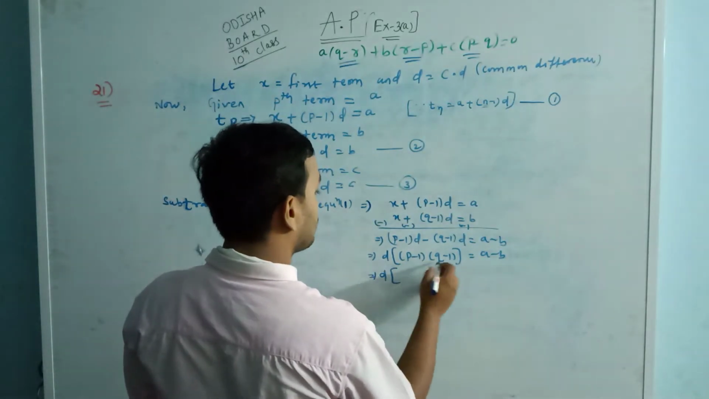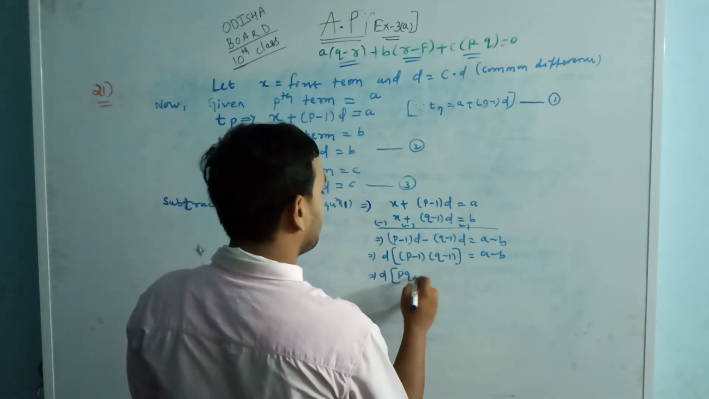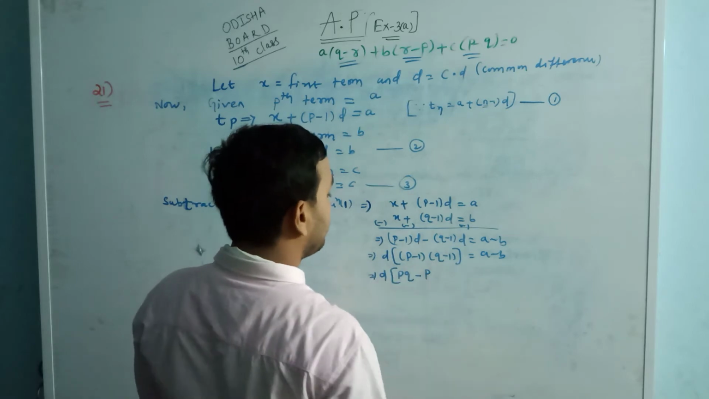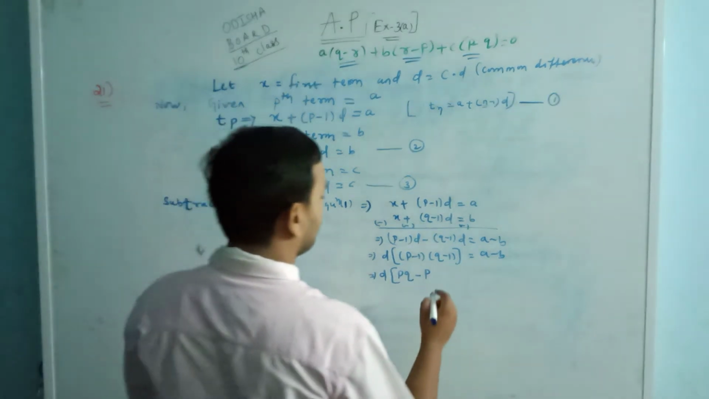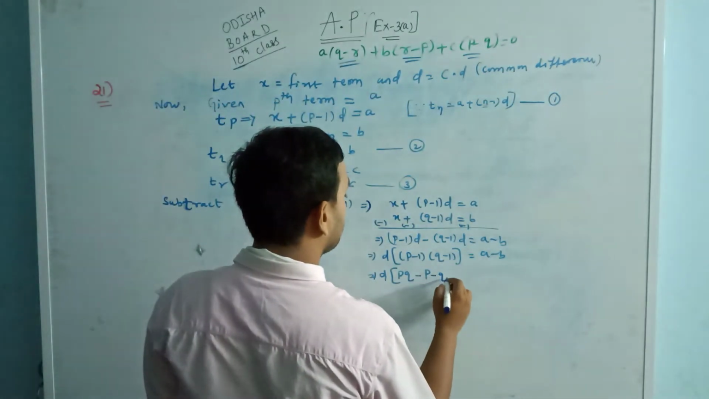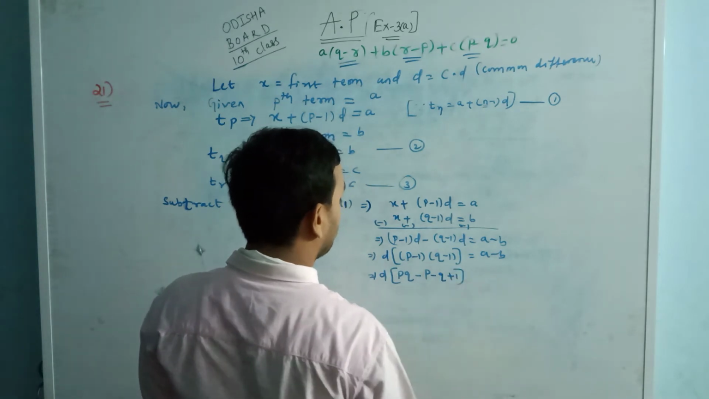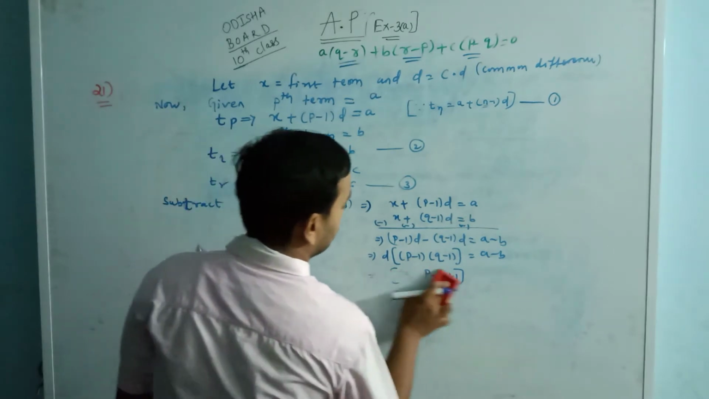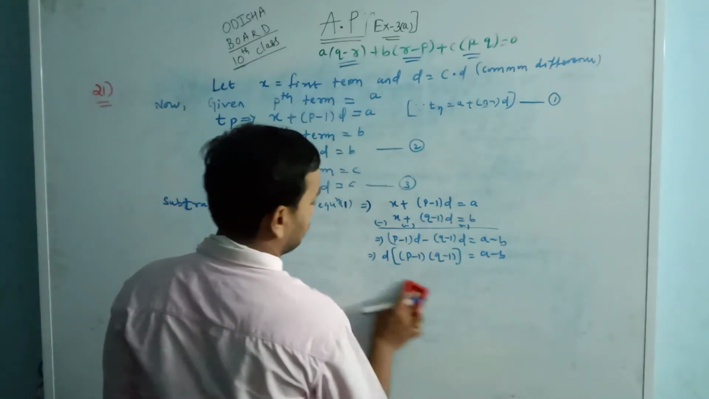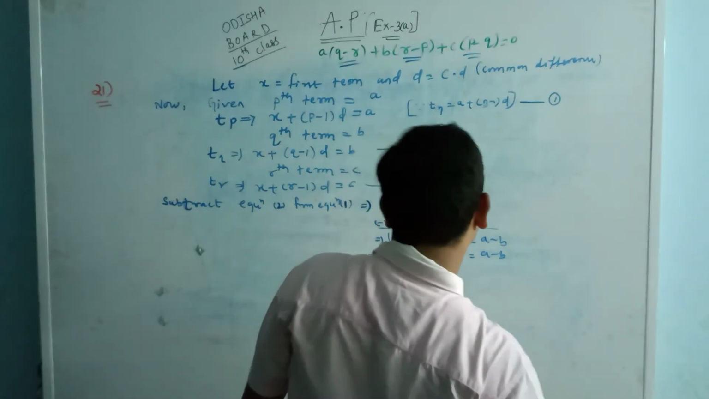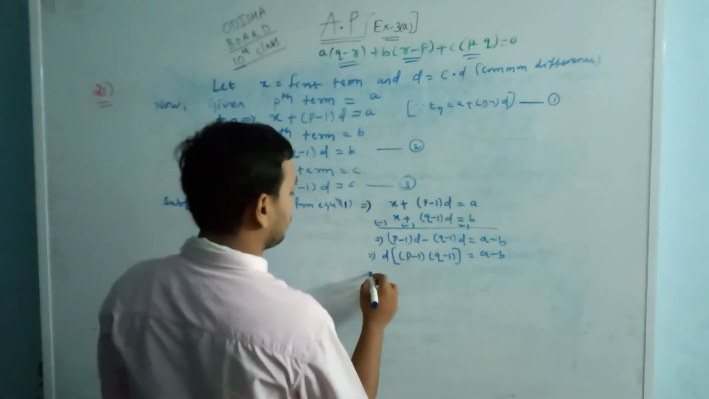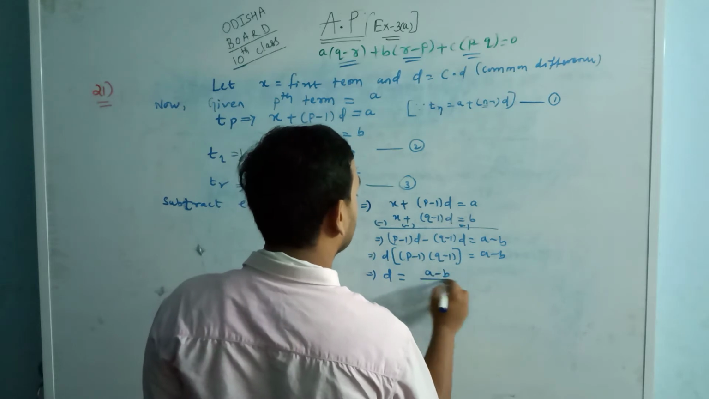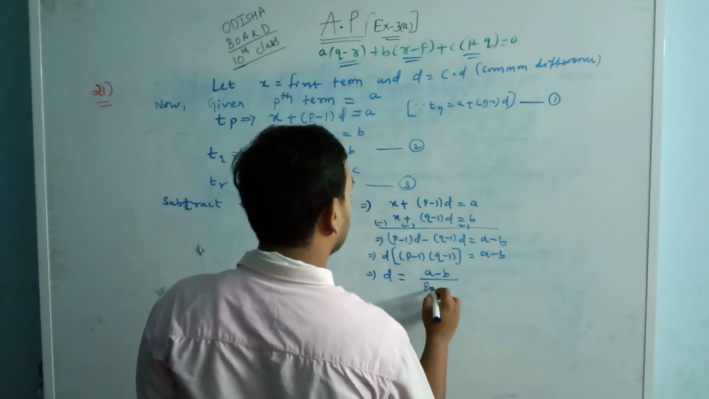D common. Now solve this. PQ, p into q, PQ minus what? P minus q minus minus plus 1. Not necessary. Leave it. We will find the value of d directly, otherwise it will be so clumsy. D is equal to what? A minus B divided by P minus 1